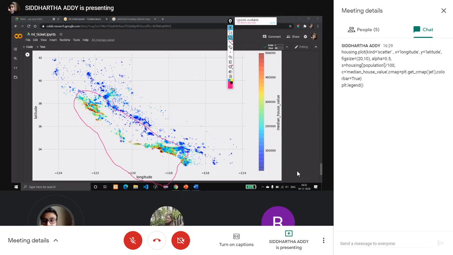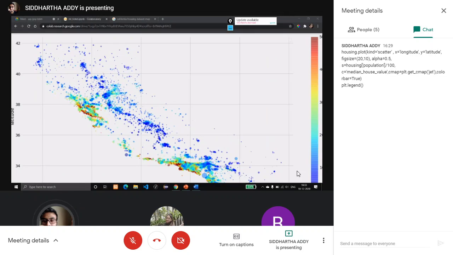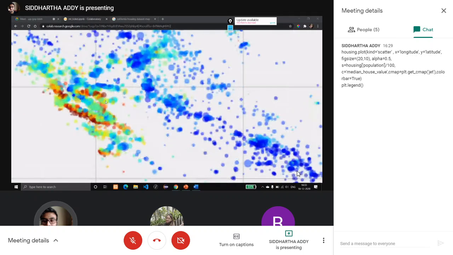That's why if you look here, you can see it is below 1 lakh. But if you look here, it's the most expensive house in California, I guess. So this is a very good observation that you need to make and understand as you go. And another thing I would like you to understand: if you zoom in a little bit, you will see that